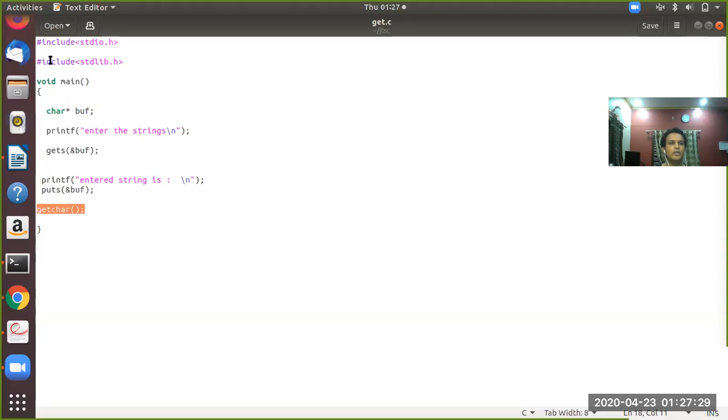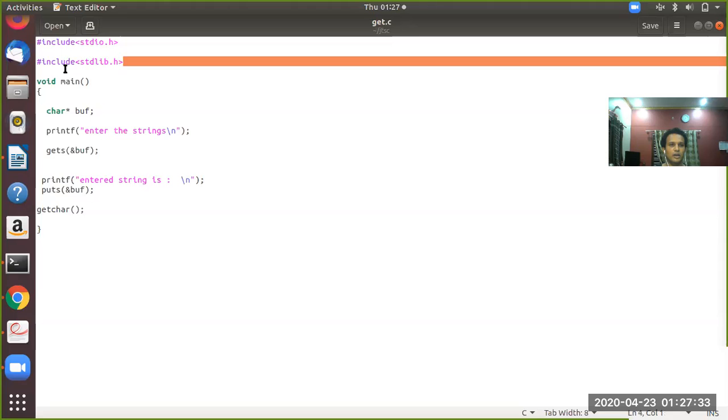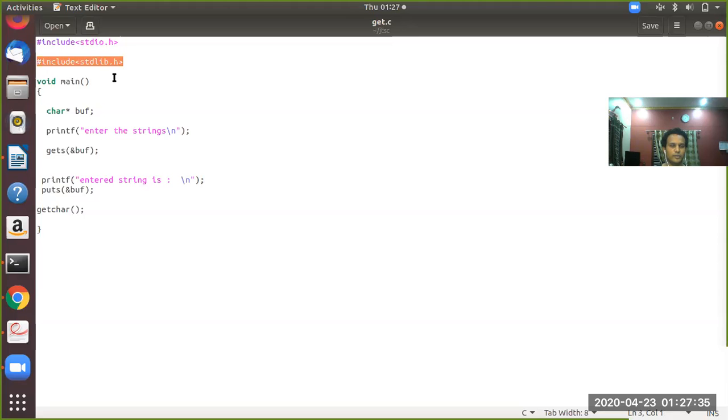I'm going to repeat this. You all know the header files stdio.h and stdlib.h. This is one of the files required to get the output for gets and puts. Now in the first line of the program, I am declaring a variable.